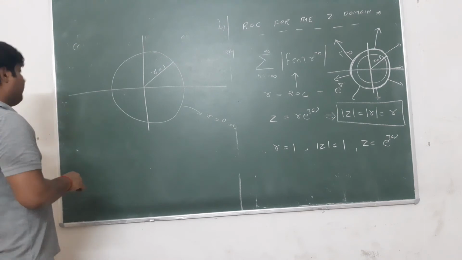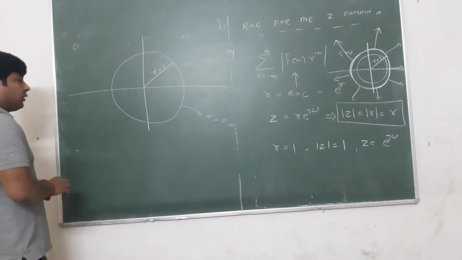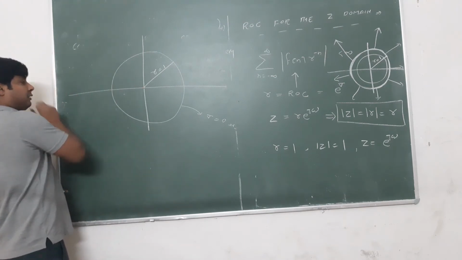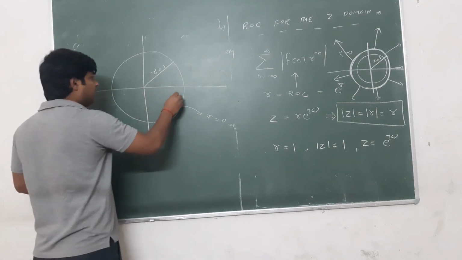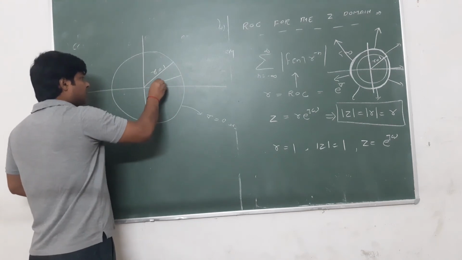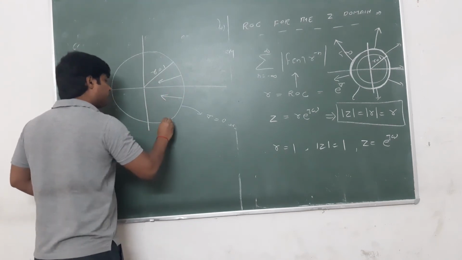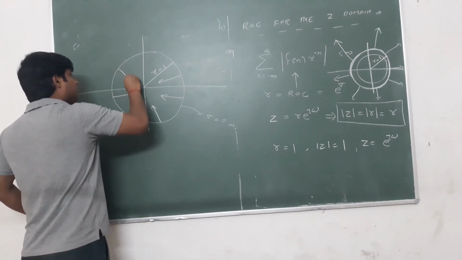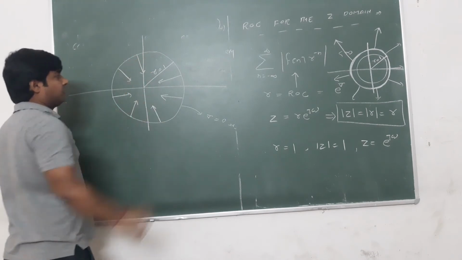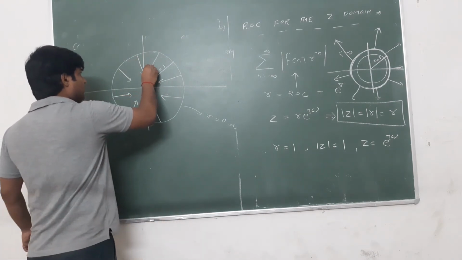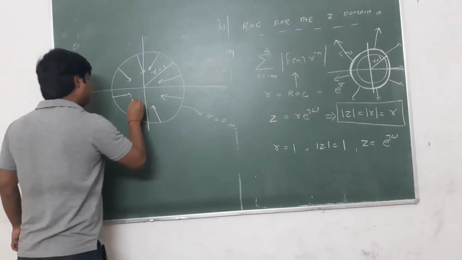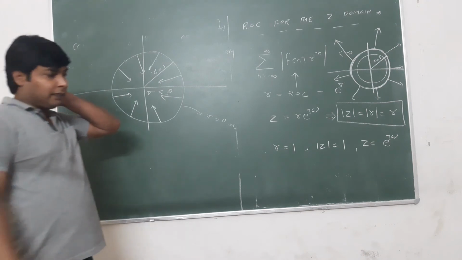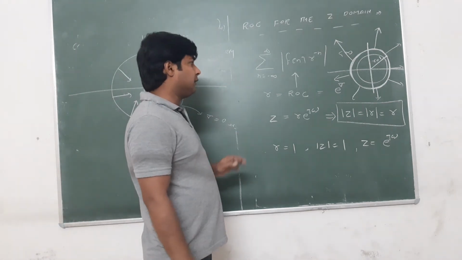And for the negative value of sigma, if sigma exists from 0 to minus infinite, then the circle will exist in the interior of the unity circle. Okay. So for sigma less than 0, whatever value of sigma you take,